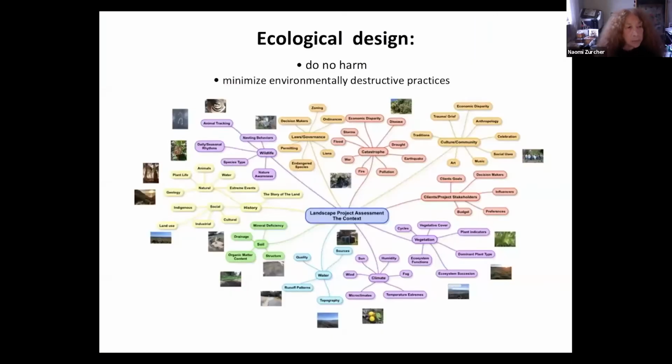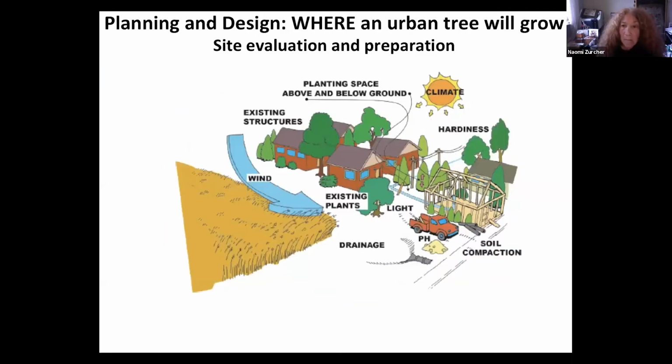So let's look at spatial development elements that minimize environmentally destructive practices, urban forester-driven details which, if incorporated, implemented, and enforced, can result in an ecological design accommodating trees that can grow into maturity and a healthier urban ecosystem for all its occupants. Planning and design, where an urban tree will grow.